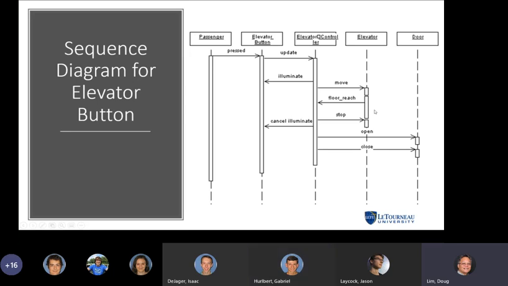But now I did do something weird with the boxes once the floor is reached, and the stop signal is sent to the elevator. That is not really purposeful, other than maybe you can consider the movement in the box that the floor reached command goes to, and that could be motion control. But yeah, there isn't anything specific with the little boxes. It's just trying to indicate passage of time and those kinds of things.